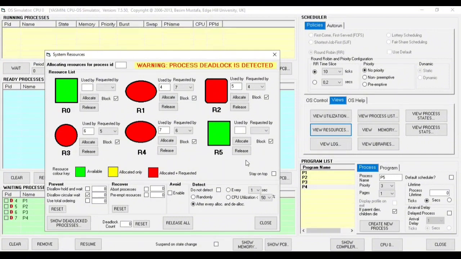A deadlock occurs, indicating that with our occurrence process, the disallow circular wait method cannot prevent deadlock.